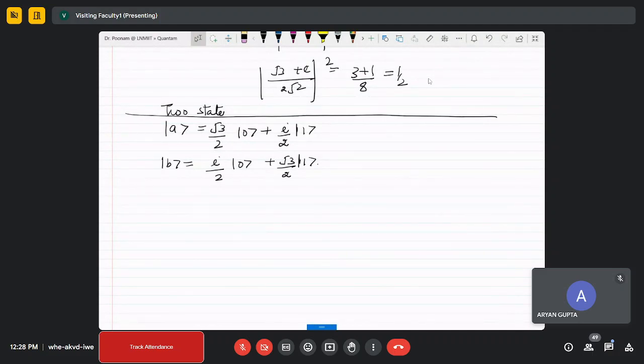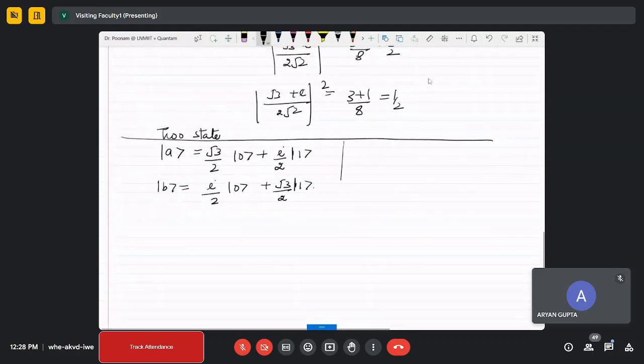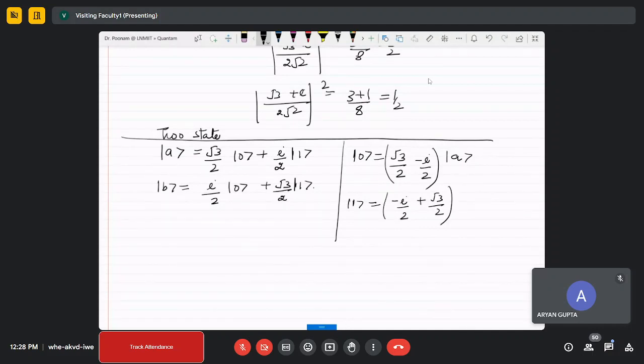So how will you do it? Simply represent 0 and 1 in this form. So I will be doing it. We can do it directly also. We can do by this. So root 3 by 2. So it is this. Root 3 by 2 and the other one, the complex conjugate. And for the 1, it is minus iota by 2 plus